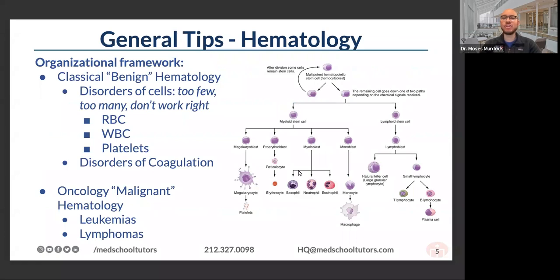On this slide, I'm just showing you broad strokes, cellular hematology. We know that the home of the factory for all of these cells is the bone marrow. You have a stem cell that differentiates over the course of several generations into all of the cells that make up the blood and that live in some of the highly cellularized organs, such as the spleen and maybe even